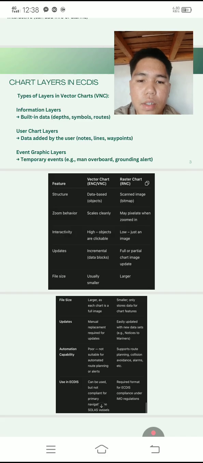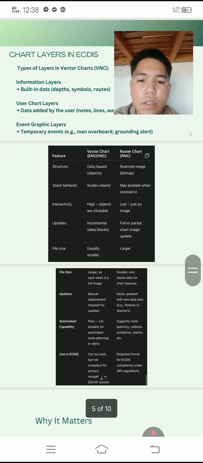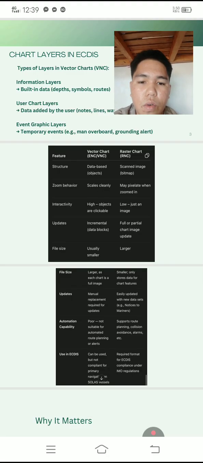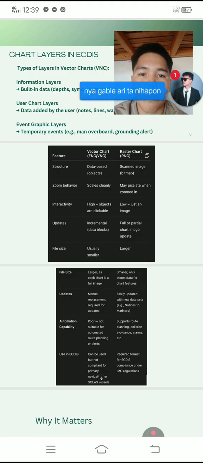In zoom behavior, the vector chart scales clearly, and the raster chart may pixelate when zoomed in. In terms of interactivity, the vector chart is high, objects are clickable, while the raster chart is low, or just an image.